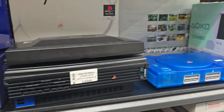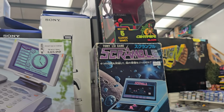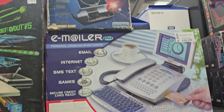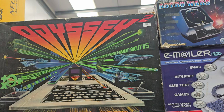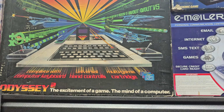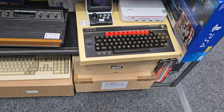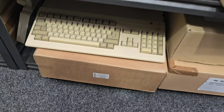GameCube and a PS2 with screen. Some random bits, including the Amstrad emailer. Oddly enough, it's brand new because nobody was stupid enough to use it. Magnavox Odyssey 2. We've got some Ataris, BBCs. We have down here, we have